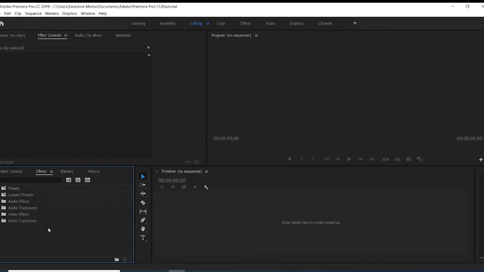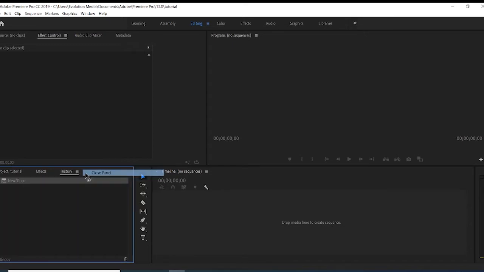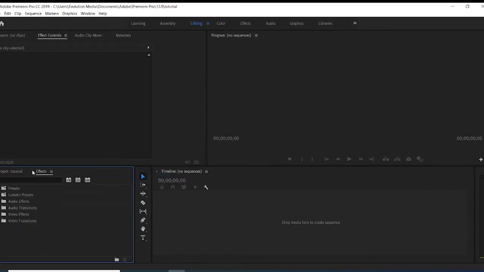So now let's continue. These are the project tutorial and the effects; these are the major things you need there. You can just close this one, close this as well. So let's just leave it at these two for now. So now this is where we are. This is the audio clip mixer, but you might not really need that for now, though I will still explain some things on it as we progress. So now we want to bring our file inside.